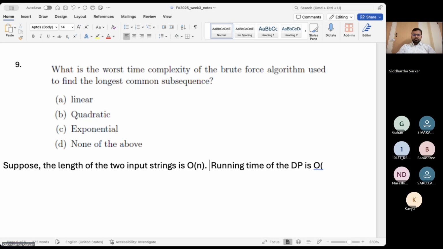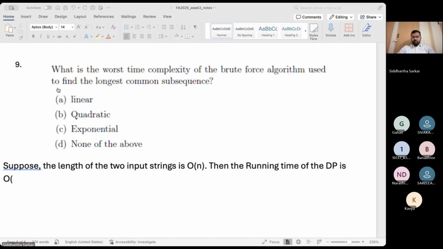Then the running time of the DP is order how much? Yeah, you're right. Because